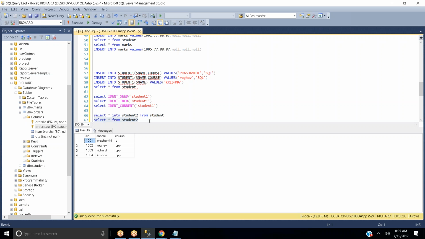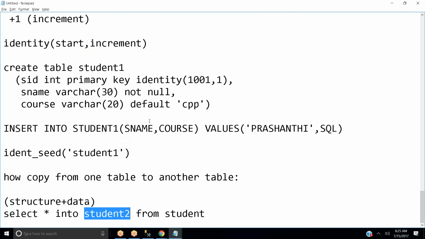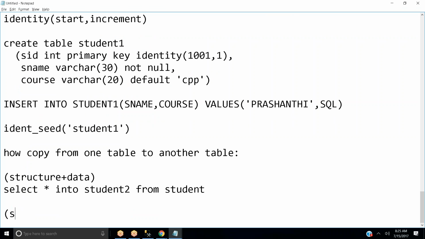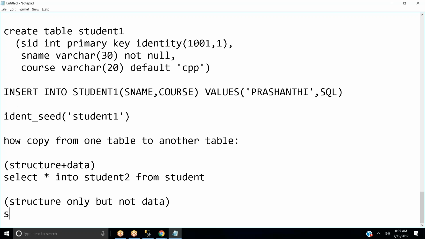Now you may ask me, I don't want to create the data, but I want to create only the structure, but not the data. Structure only, but not data. So how to do that? You need to do it like this: select star into student 3 from student.